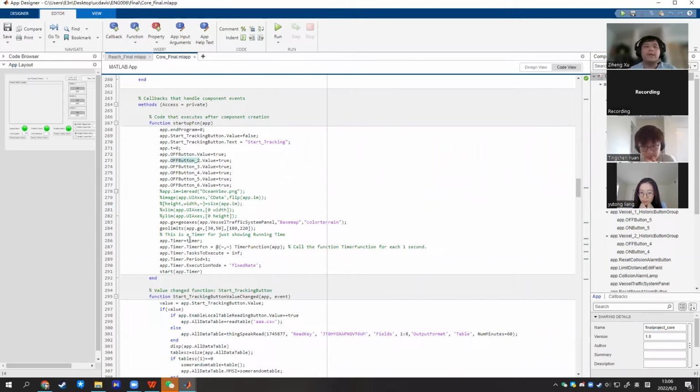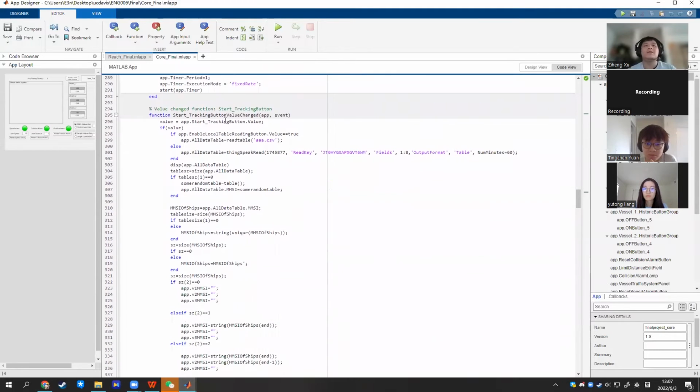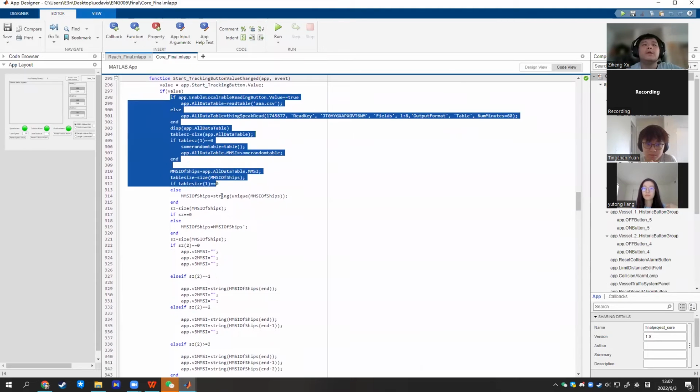And what we have here is a simple timer. This one is for the test function. It will just show the running time right here, and the time will increase by 1 second for each 1 second, and everything starts here. So basically, from here to there,